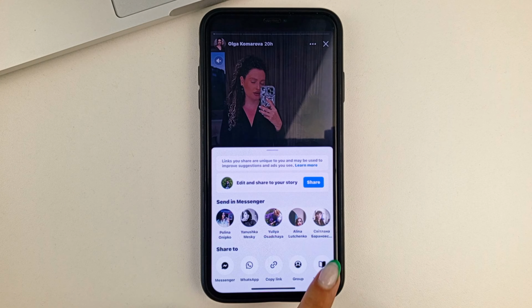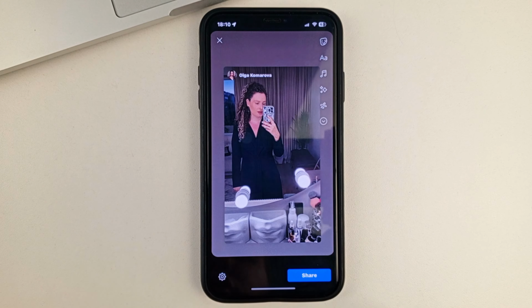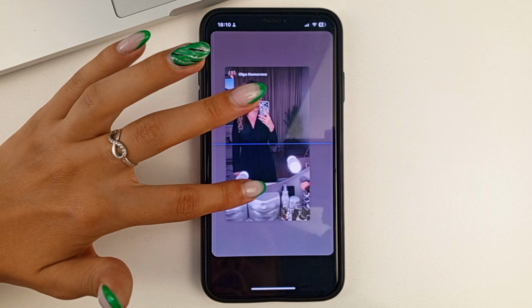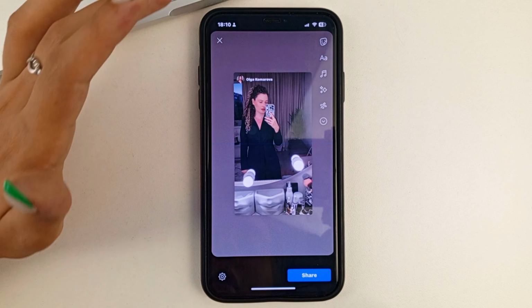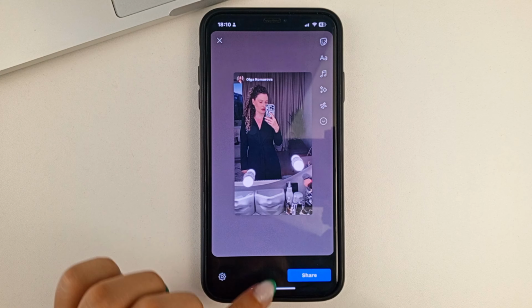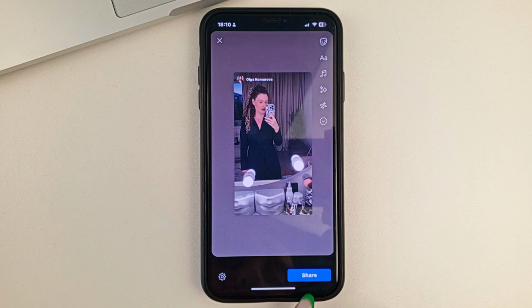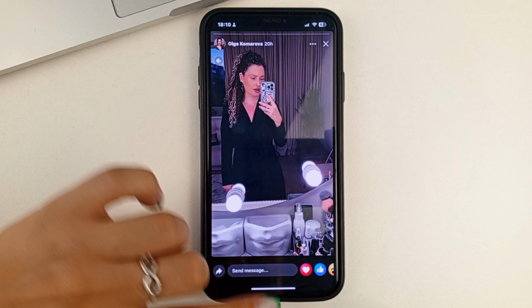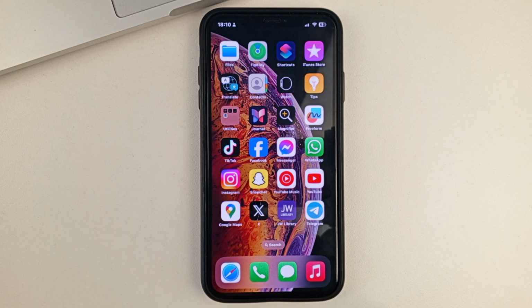And you can also share to your own story if you click right here. This is where you get to this kind of story editor. You can zoom out, zoom in, drag and drop somehow, add music, effects, captions, and so on. And after you edit the story, you can share it if you click on this button right here. That's how, friends, you will be able to repost stories from Facebook to yourself or other people by different methods.